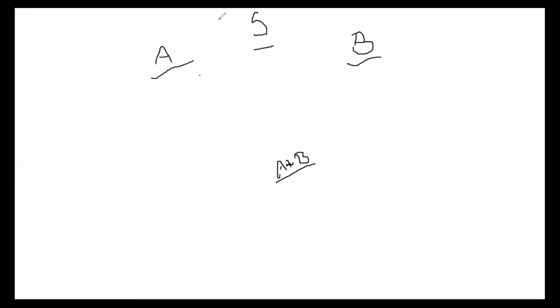Here, once I start the program, my value should be 0. When I press A, it should increment by plus 1. When I press B, it should decrement the value. And if I press the A plus B button, it should again come to 0. So how can I do this code? Suppose if I want to maintain all these things, I need a variable.